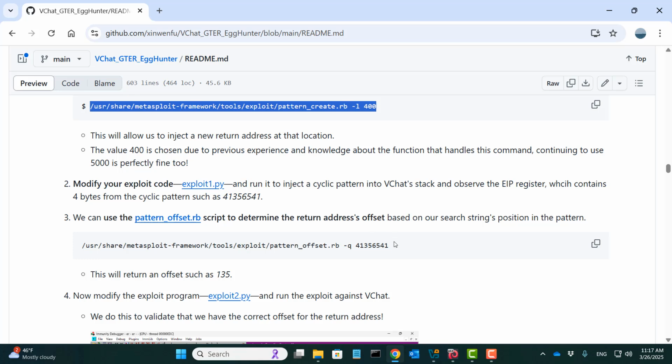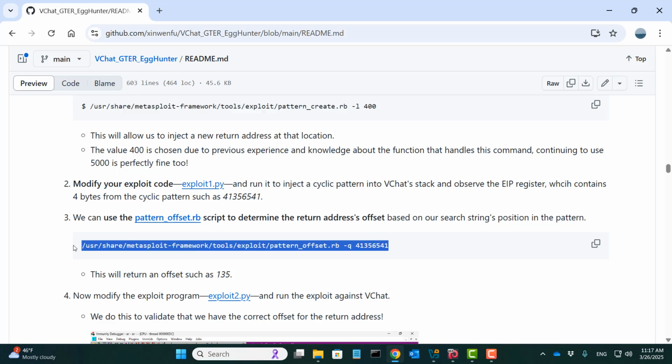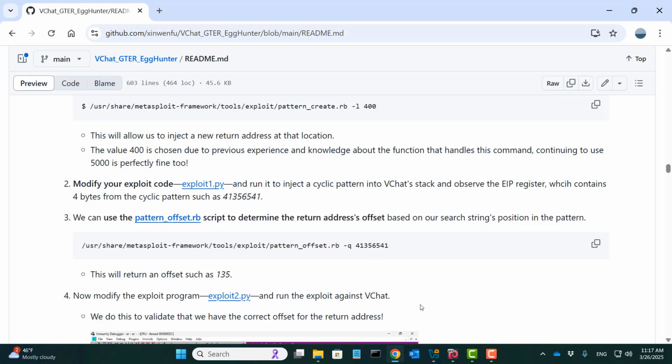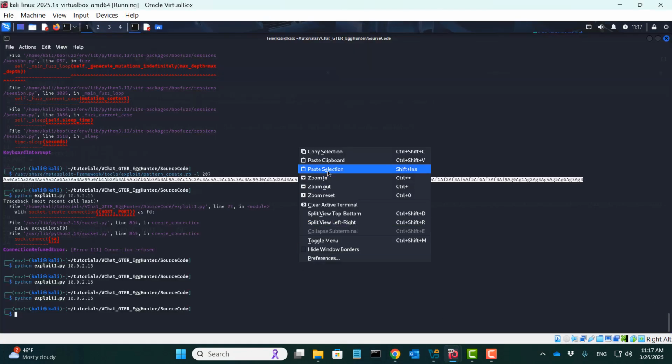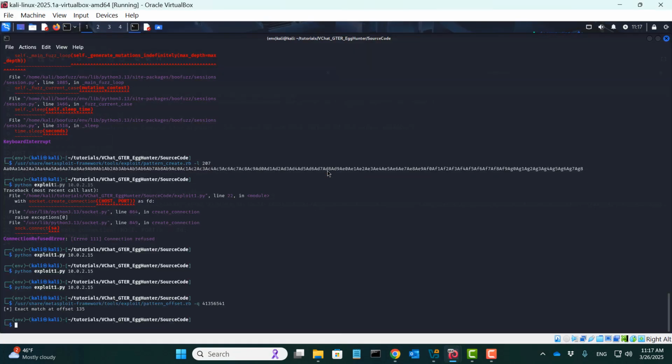And actually you can see the same thing here. And so I'm going to use this Ruby script to find out the offset of this. So 135. So we need actually 135 bytes of data